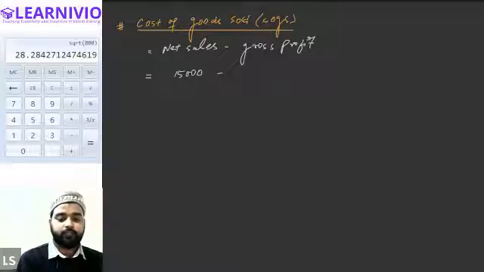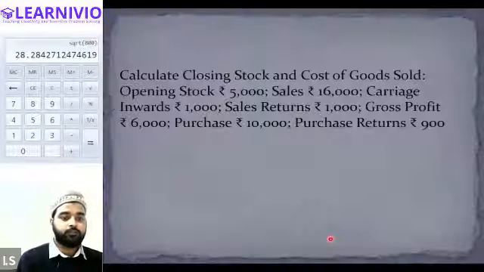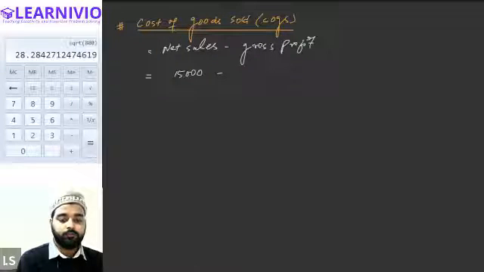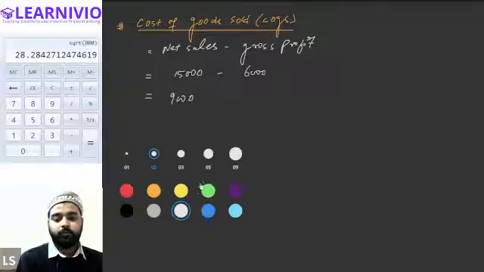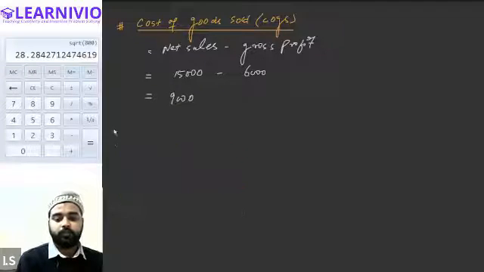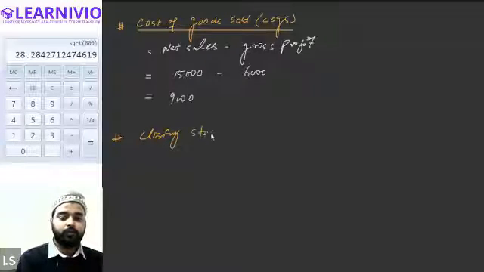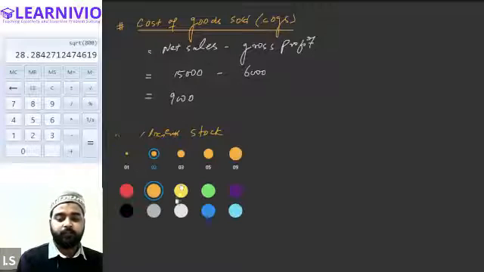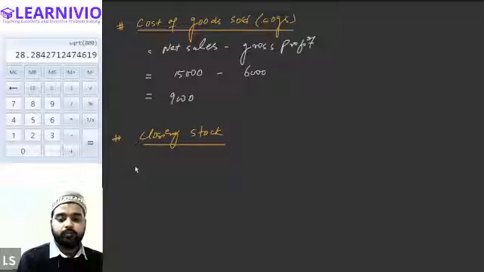And gross profit is also directly given in the question. Gross profit is 6,000. So it will be 9,000 only. Now let's talk about the value of the closing stock. For finding out the value of the closing stock, we will apply again the formula of the COGS. The other formula for COGS is